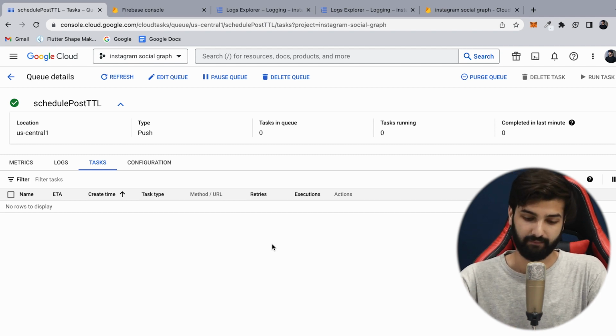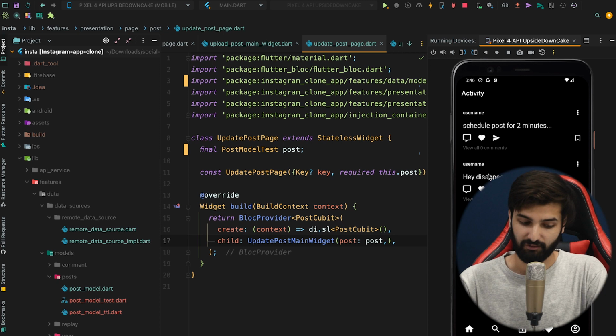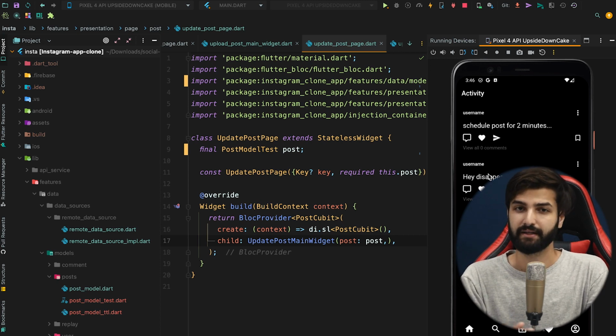requirements of your application. And yes, that was it for this episode, and in the next episode we will go for how we can cancel the already scheduled task from the queue. So we are going to perform some update operations, and according to that we will check if something is changed, and according to that we will delete the task from the queue and also delete it from the Firestore database. So yes, in the next episode we will go for cancelling the already scheduled task, and in the final video